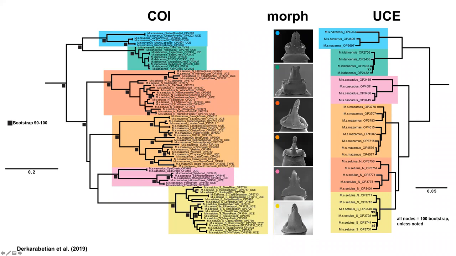These are the male genitalic morphology here. You can see very obvious differences, like here's the ventral plate, it's called. This one looks like a spade, this one looks like a trident, this one is bunny ears, right? So we can see these genetic groupings correspond to morphological groups, and those are also reflected in the UCE data. So in general, species delimitation in Metanonychus was easy.